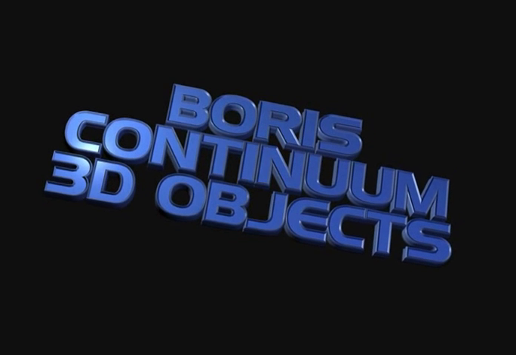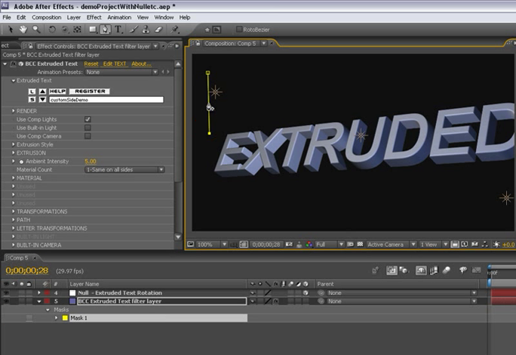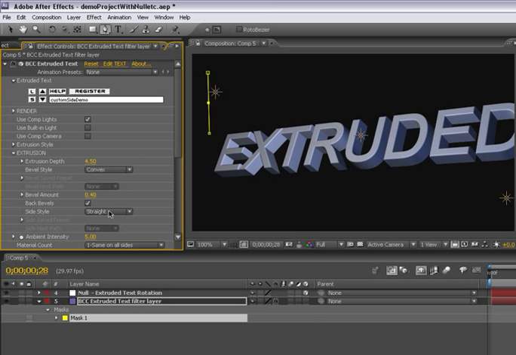This video is part of a series looking at the Boris Continuum 3D objects category of filters. What we're going to look at now is using After Effects masks on the extrusions created by BCC 3D objects. Here I'm creating a mask, just a straight line with a start, middle, and end point. I'm going to set my side style to host path and select that mask as my